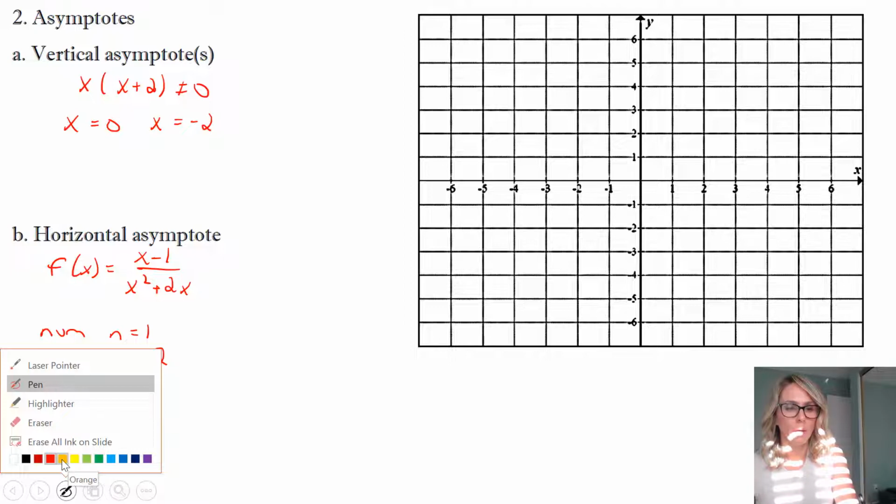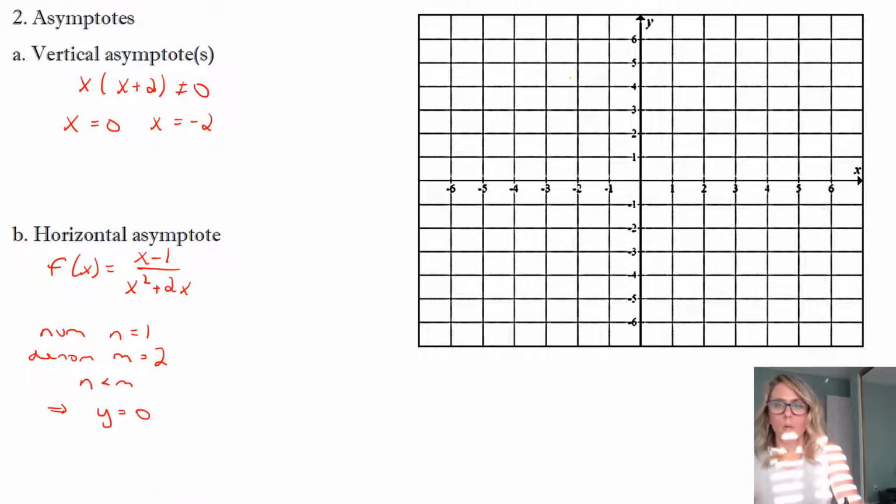So I think I kind of liked the orange. Let's see. So I'm going to put my vertical asymptote at 0. I'll put my vertical asymptote at -2. I'll put my horizontal asymptote at y equals 0. So remember, I'm going to be careful not to touch those vertical asymptotes. And then I can put on, if I'd like,